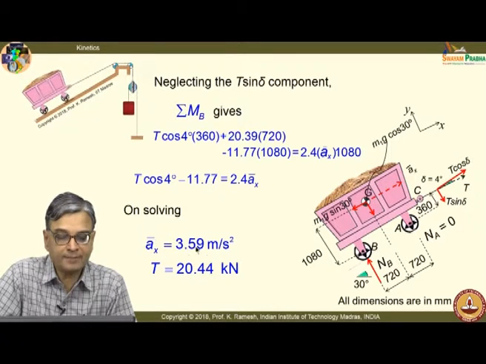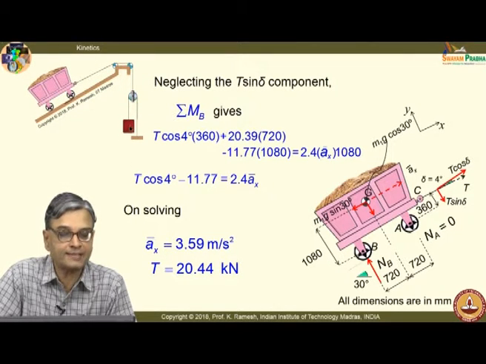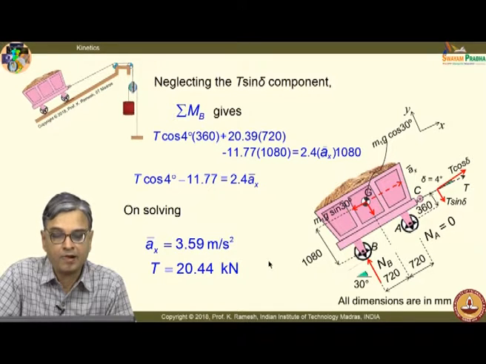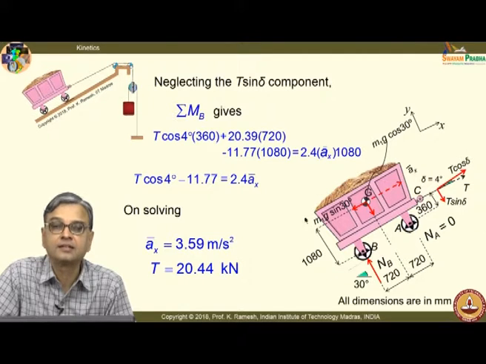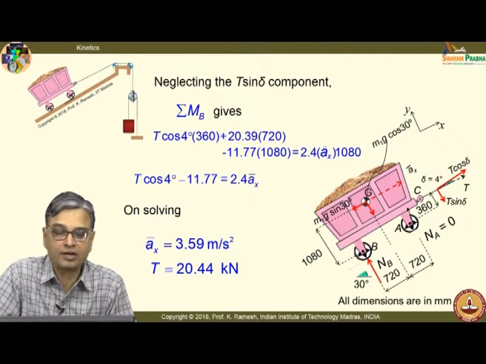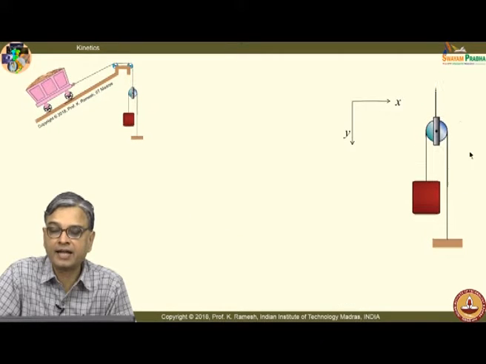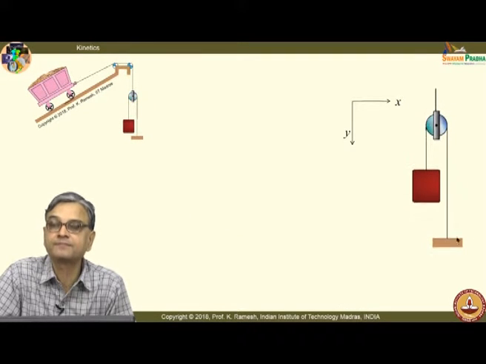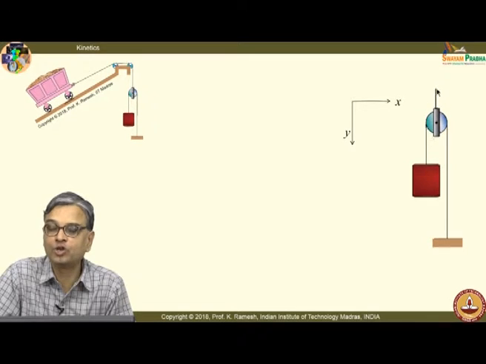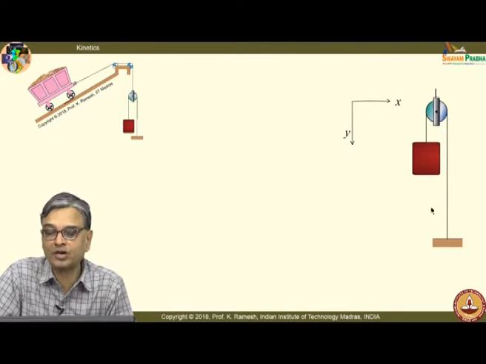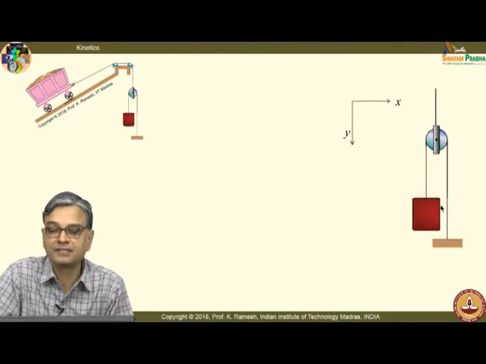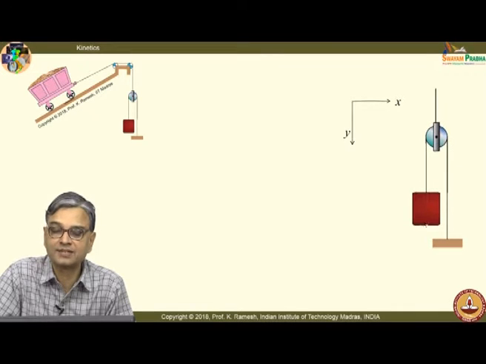The problem is not complete because we have to find the mass m. I have taken one reference axis for me to solve this. Whatever you call it, car or cart, it is one and the same. And I have to analyze this portion of the problem. I already know the acceleration here, I already know the value of tension here. From kinematics, I know the mass of this. The mass of this is also shown.